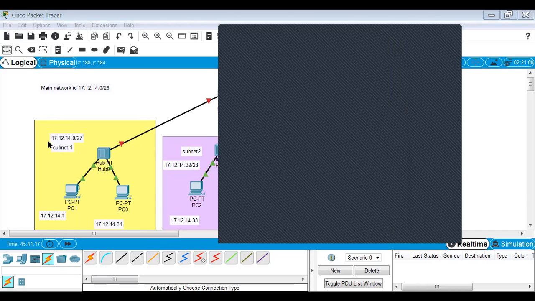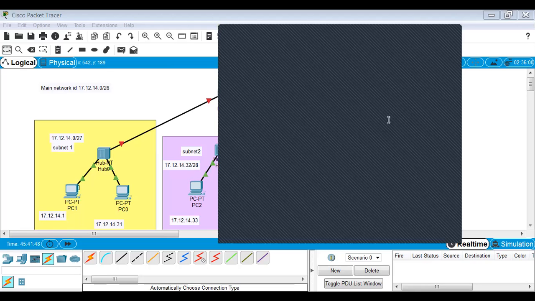So we have to give the same network ID. So when we click here, it becomes subnet mask. It is 17.12.14.2.